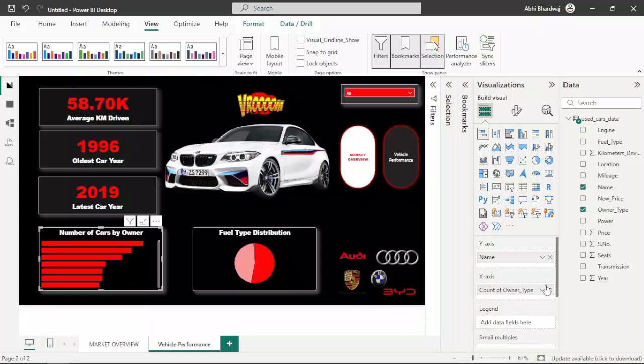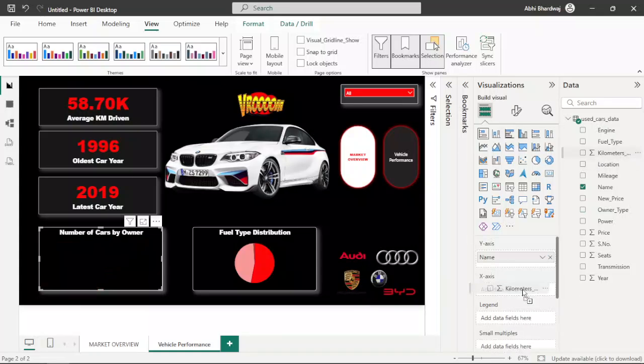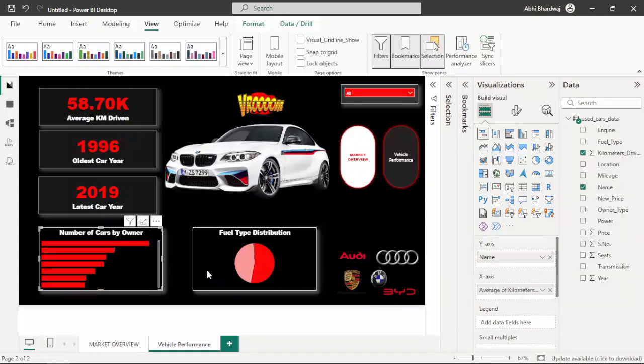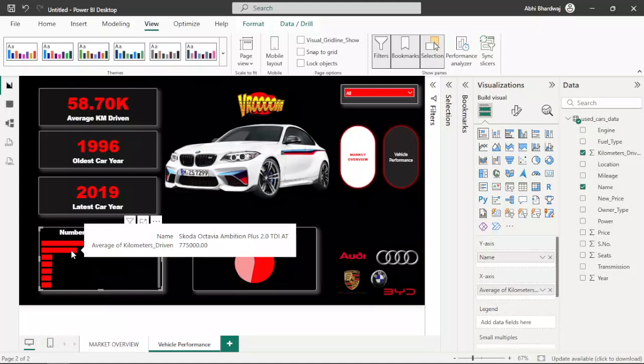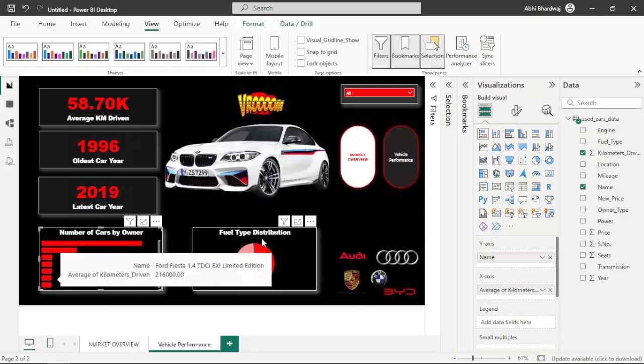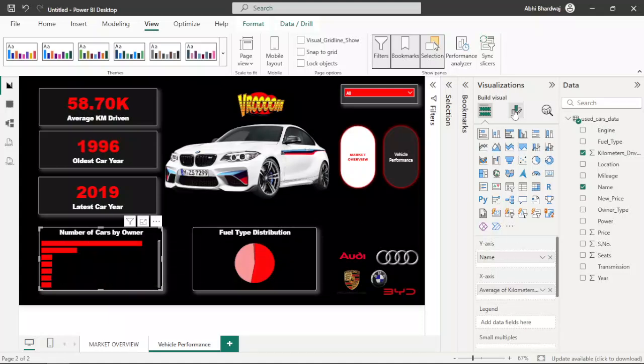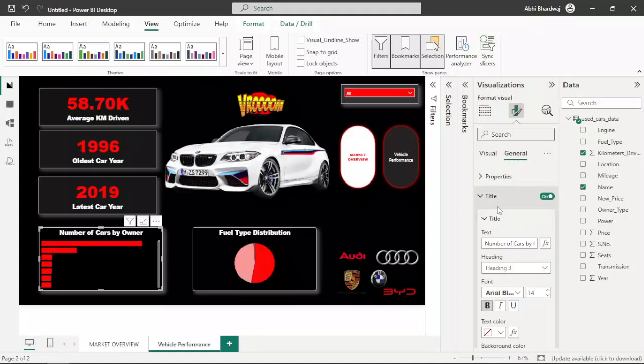So now coming to the first visualization, let's have model and kilometer driven average. So you see BMW is the most used one, and then Skoda, and then so on. Change it to kilometer driven. And then